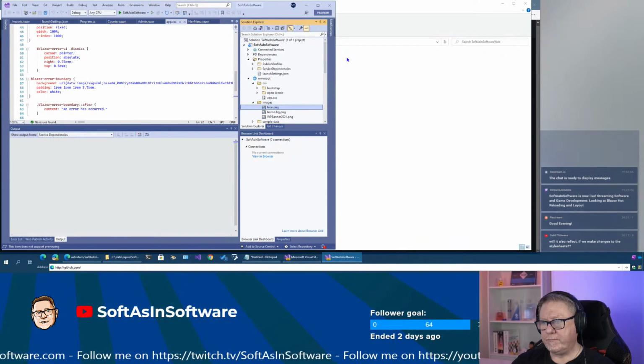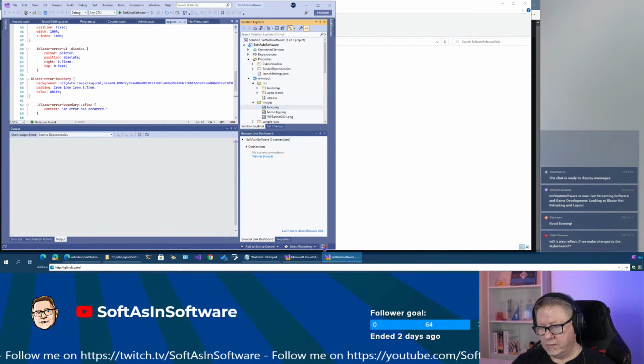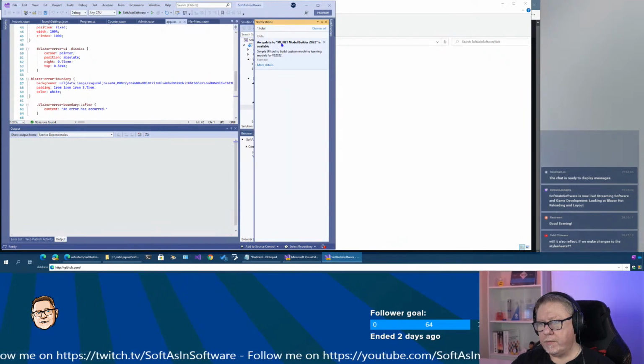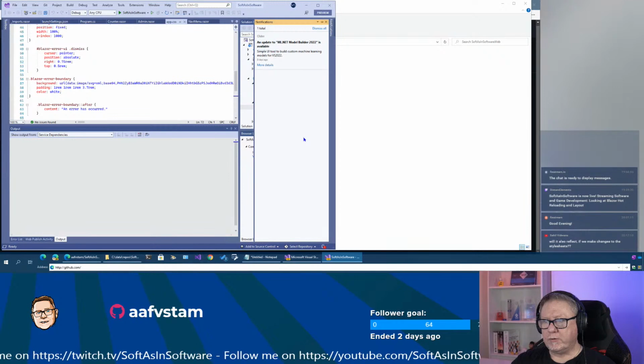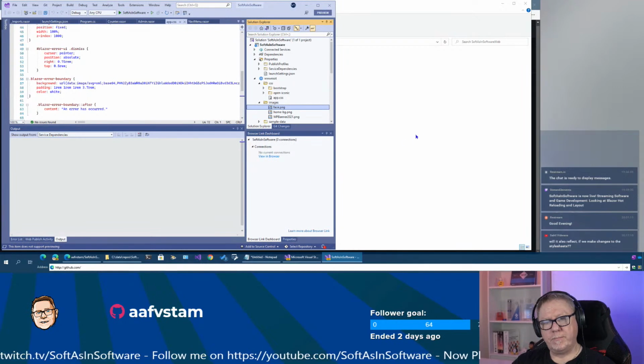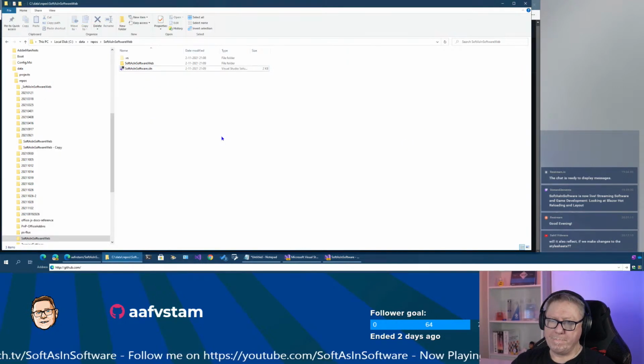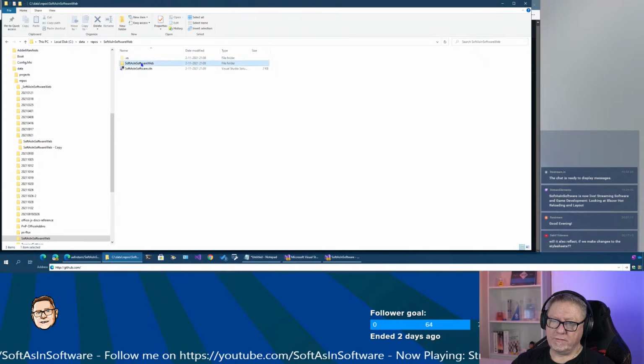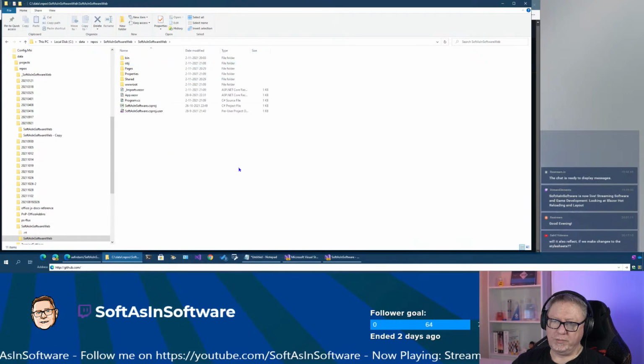True. The ML.NET Model Builder now has an update available, but we are not going to do that right now. So in here, there should be